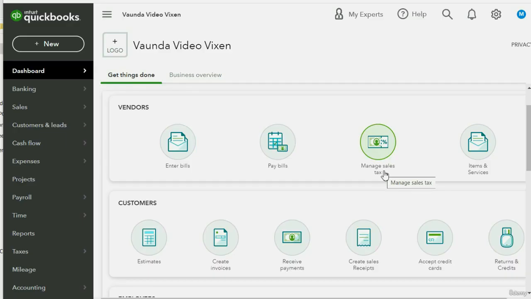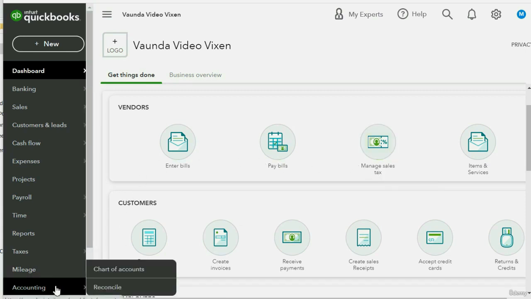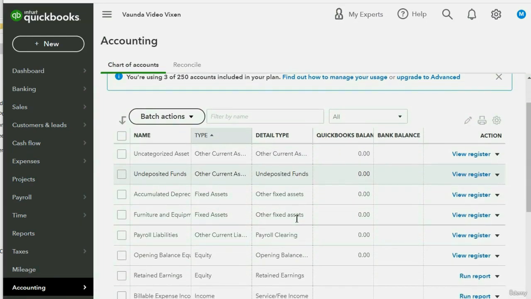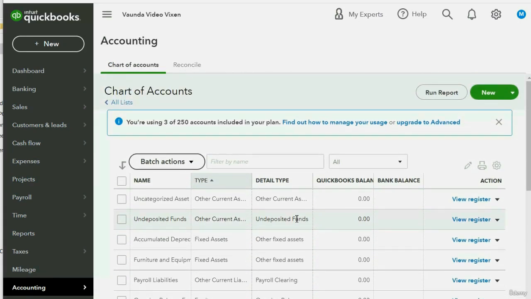perfectly. Now here we are in QuickBooks Online, and to get the chart of accounts, we click Accounting, Chart of Accounts. You can see it already comes with accounts, but we need to upload the specific accounts that we will be using for this project. Do not click the word New. Click the pull-down arrow next to the word New